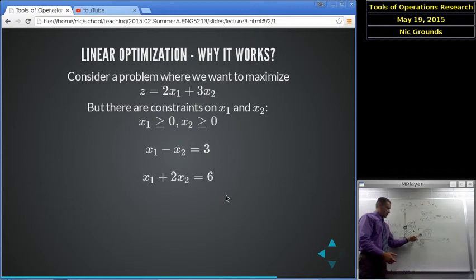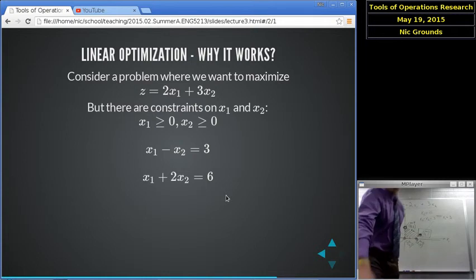Particularly, it has to occur at one of the corners, where one constraint meets another constraint in terms of limiting our values. So we just computed where those corners were by solving systems of equations of each pair of constraints, and then calculating z. And in this case, we just wanted to pick the z with the biggest value. Okay. All right, let's look at another